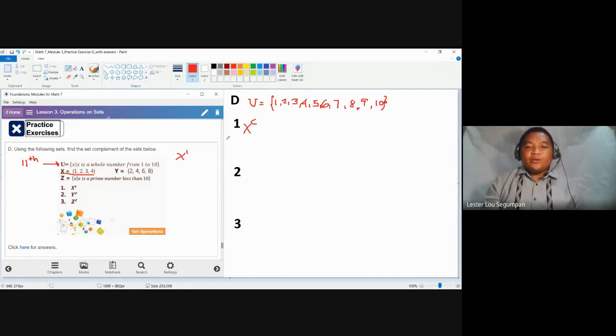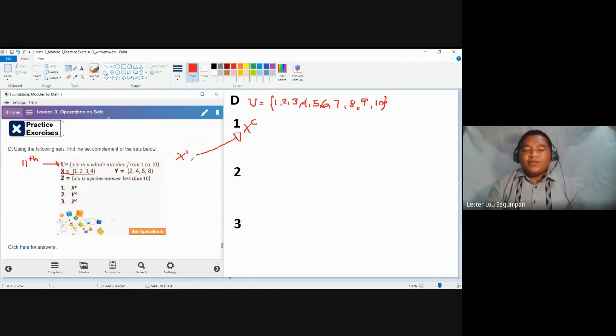We are going to use more of the symbol with a superscript C than the apostrophe. Why? Because in higher mathematics, the apostrophe means something else. So we are going to practice using superscript C as our complement rather than the apostrophe.